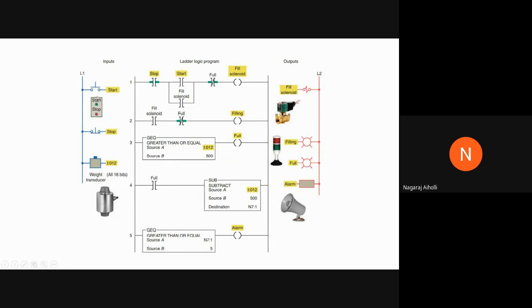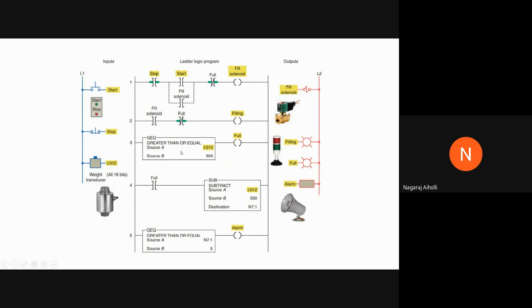The start switch is pressed. So when start is pressed, it will become closed. Then the stop instruction is already in the closed condition. So this first rung becomes true. This full is examine-if-open. That means the solenoid valve 1 will open to make the tank fill. Okay, there's a tank. So when this solenoid valve opens, the tank starts to fill. Then when the tank is filling, this fill solenoid valve is activated. So the full condition is not at full here, right? It is open condition. Then the tank filling will be starting here. That is shown by this lamp, tank filling condition. The tank is about to fill.